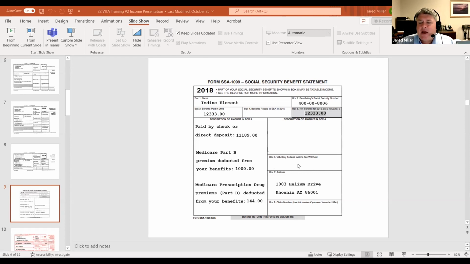We do want to double check. It doesn't happen all the time, but some individuals actually do have federal income tax withheld on their Social Security benefits. That would be shown here in box number 6. So again, the input area is relatively straightforward for SSA as long as you get the information down for the taxpayer or spouse. Again, what's going to be found in box 3 is going to be the Medicare portions that we'll have.